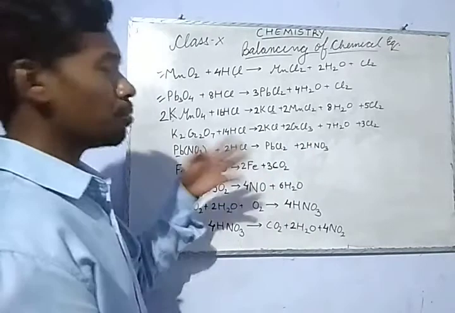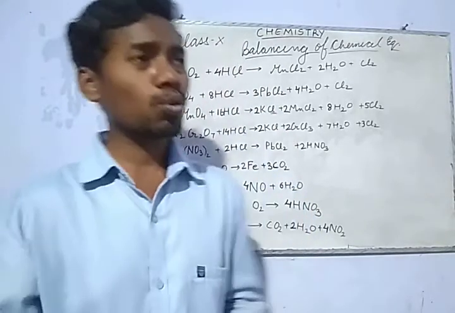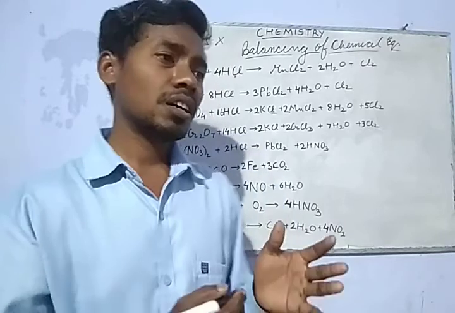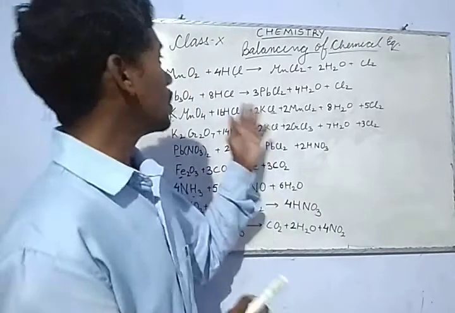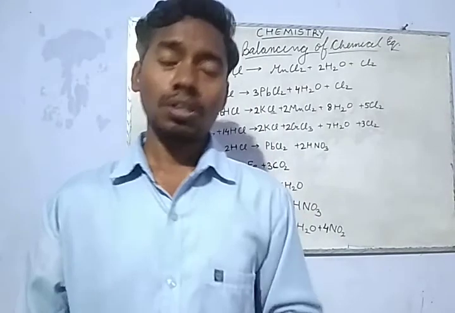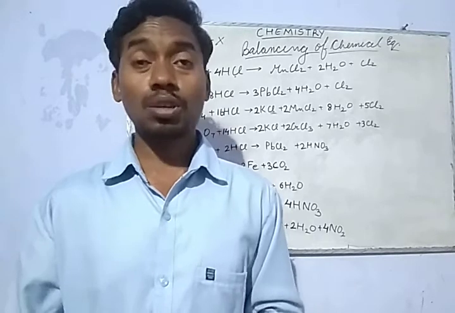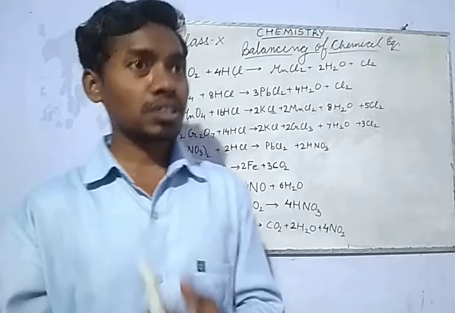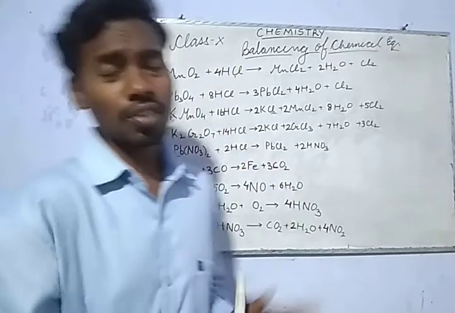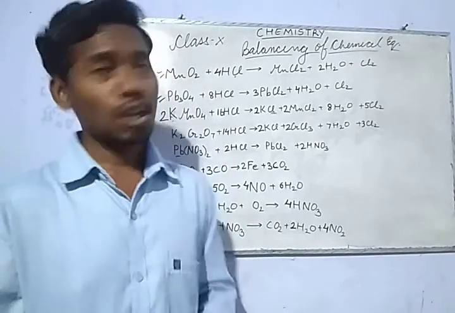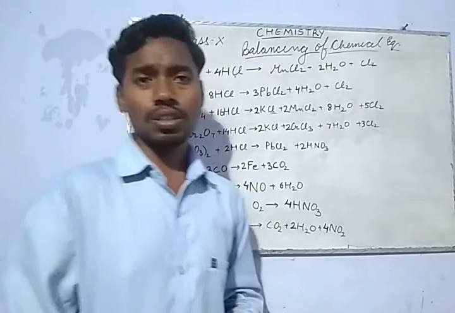So this is the way, by hit and trial method, by going for electropositive elements and then going for oxygen, then for hydrogen. This way, it is easier for us to balance. So this is the balancing of chemical equations. Okay. Please practice it and go for more and more chemical equations. And there are some reactions which need to be learned. These all I want you to make note of, and these are very important reactions, and I want you to learn them. Please don't learn for balancing, but the simple reactions. Okay. Have a good day.